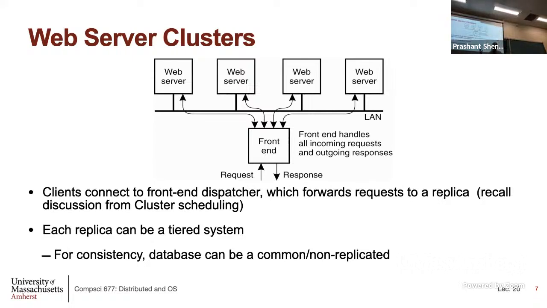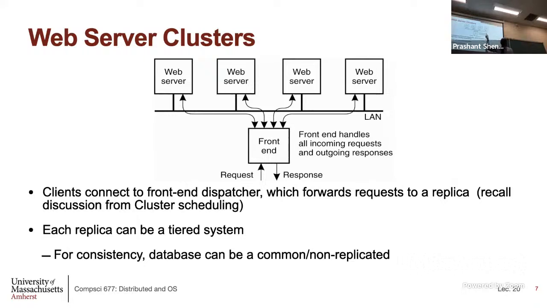Otherwise, if you just do request level round robin, like I talked about, that's not going to work. You have to do session level round robin. So all kinds of different policies could be used by the front-end server to decide how to load balance across web servers. Is that clear? Now there is one subtlety I didn't talk about, which is if you actually replicate all